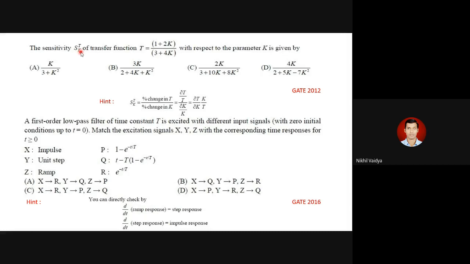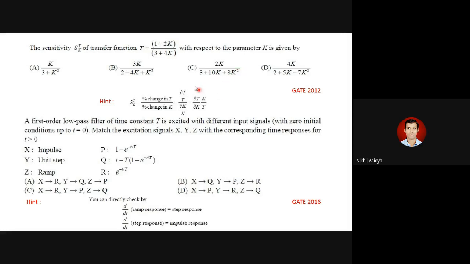So the temperature of the atmosphere and room temperature are both factors on which the temperature of a closed-loop AC depends. So the question is the sensitivity S_K^T of a transfer function. Now the transfer function they have given has both variables. Here T is the dependent variable, which depends on another variable, K. We don't know these variables, but their transfer function is given. The sensitivity of function T with respect to parameter K is given by...